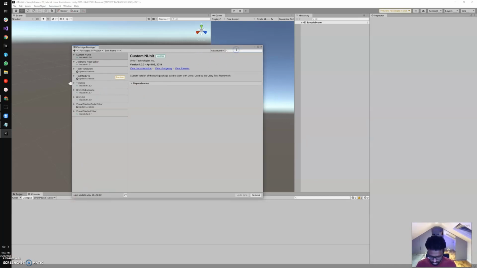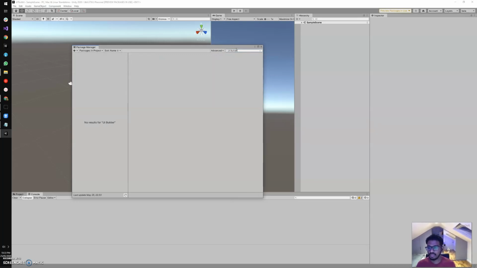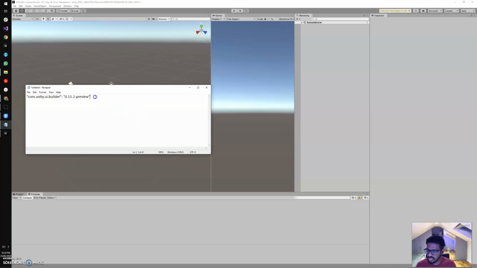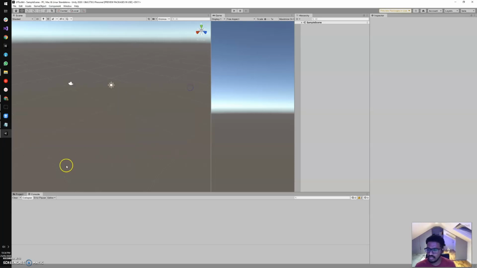If you find the UI builder listed in your Unity package manager, you can click it and download and install it. Unfortunately, I'm not able to get it in the package manager list, so I just found one workaround to download the UI builder. For that, you need to have this magic string that I'm going to put in my description below. So copy this and go to your